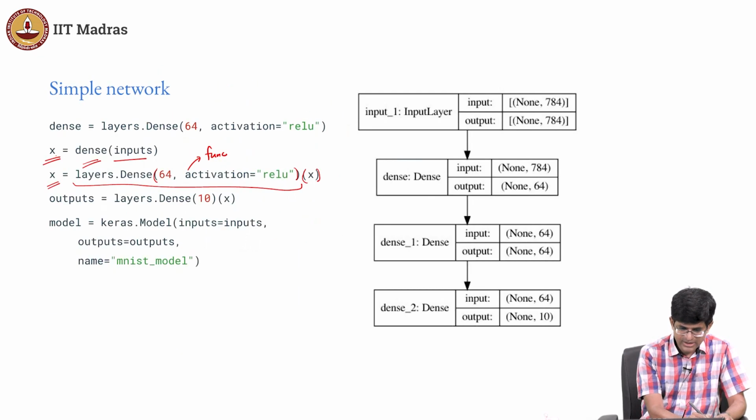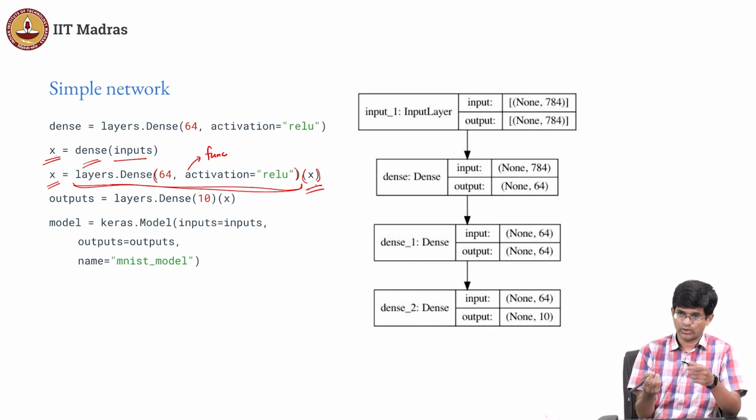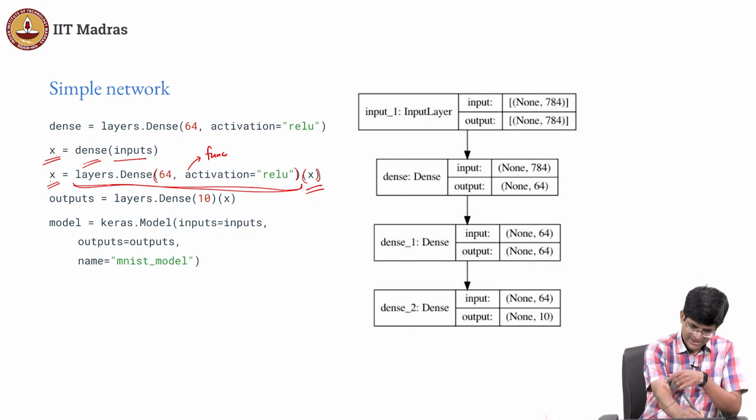If I look at this, this layers.dense is a function call. What is it returning? It's returning a function. That is what is being applied to this x. And interestingly, it's not actually being applied to x. Finally, it is being composed on x. It is also returning a function. So x, in other words, at this point is not a value, it's not an integer, it's not a float, it is a function.